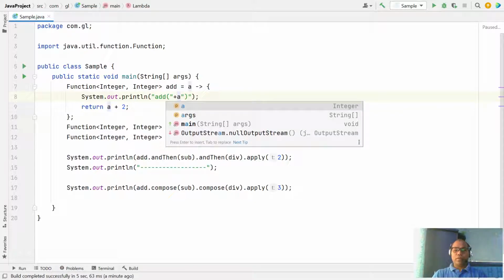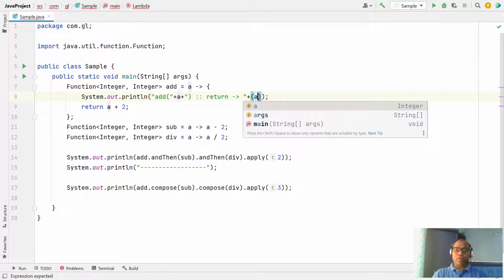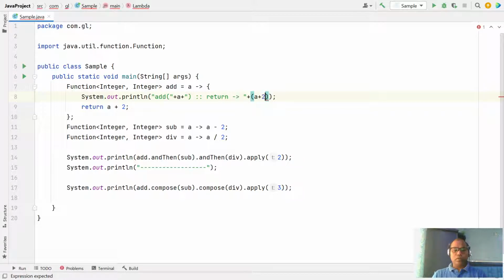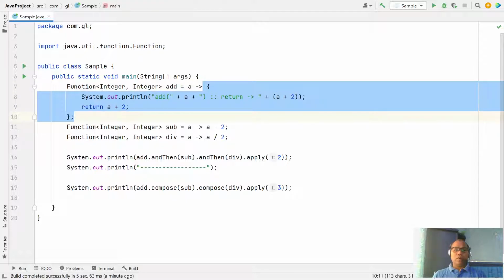Okay, and similarly what they return, the value a plus 2, printed so you can get the flow. Okay, this is one implementation.